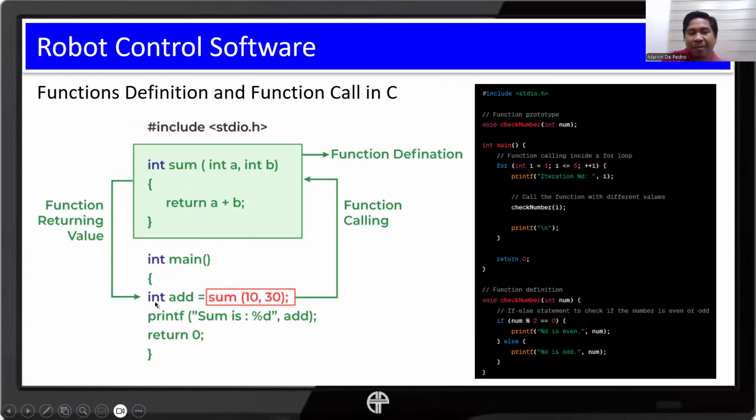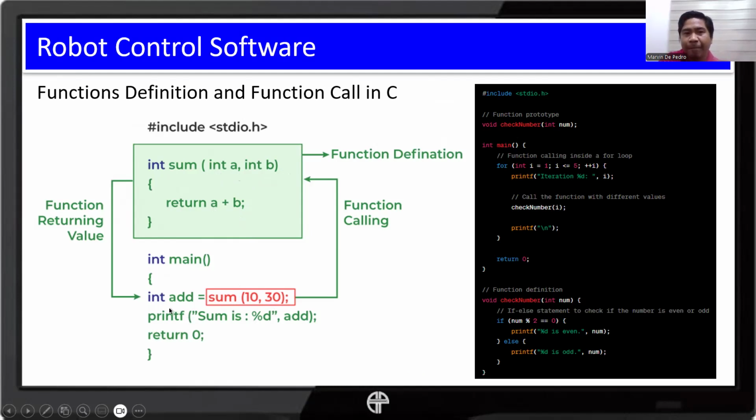We create a variable here, add, wherein the value of that variable is whatever the return value of the function sum is when the values are 10 and 30: 10 for the first parameter, and 30 for the second parameter. So we just add these two. Therefore, the return value for this is 40.